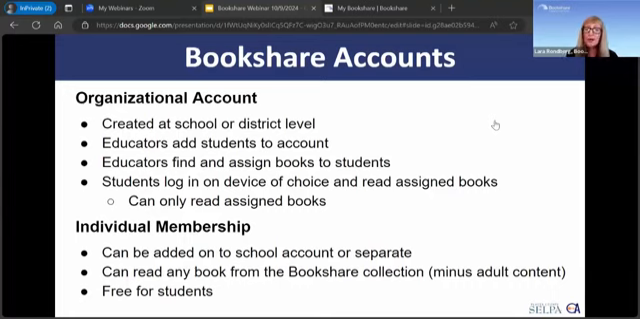We also offer individual memberships. They're also free for students. They can be added on to the student's account once they're on their school or district account, or a parent can sign their child up outside of school. But it's really great when they have that link to their school account. It's the best of both worlds. Teachers can assign the books the kids need for school,